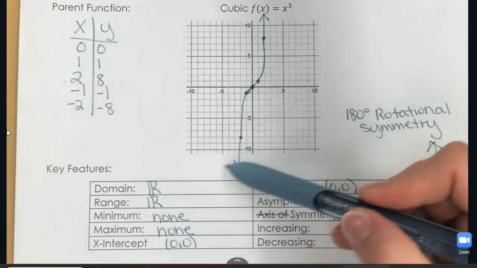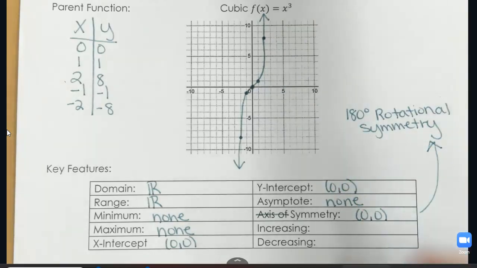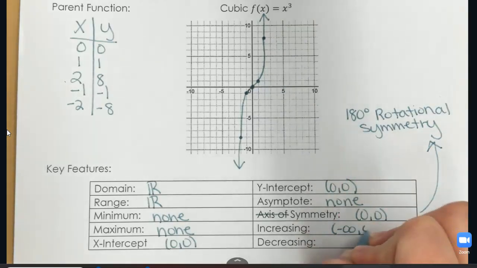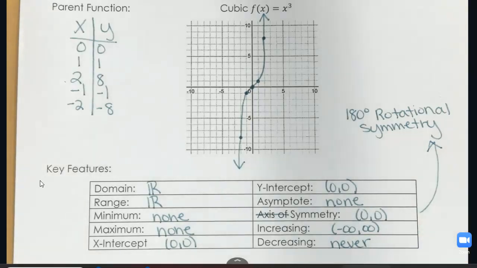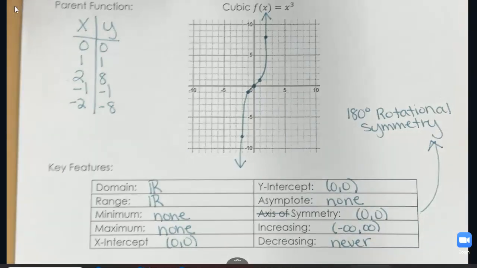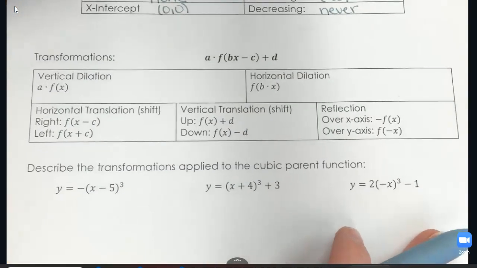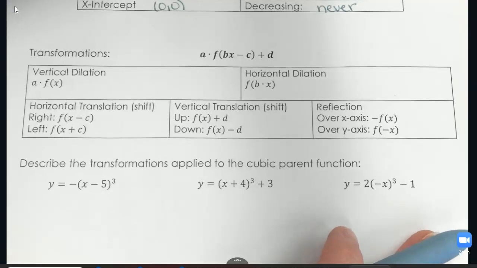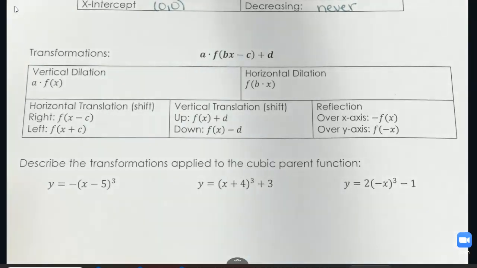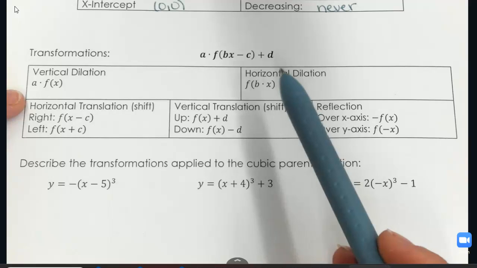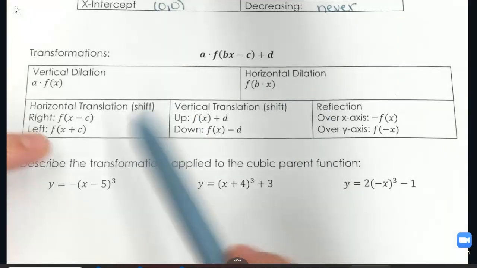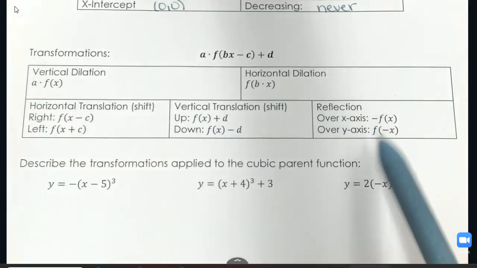And then as I'm going from left to right, I am increasing the entire time, negative infinity to positive infinity, and it never switches to decreasing. Now let's talk about some different types of transformations that we can apply to these cubic parent functions. Just like with our quadratic and square root, we can dilate, stretching vertically, horizontally. We can shift left and right, we can shift up and down, and we can reflect over the x or